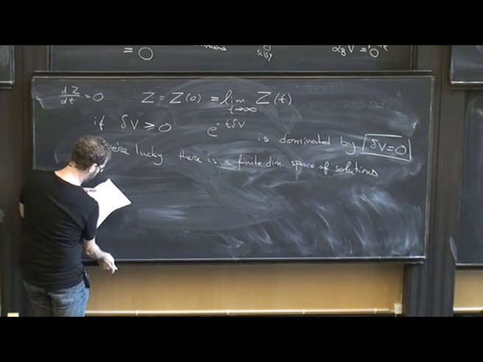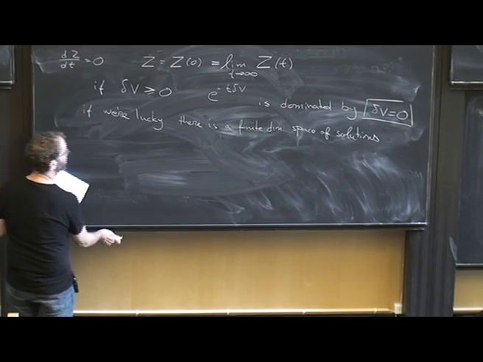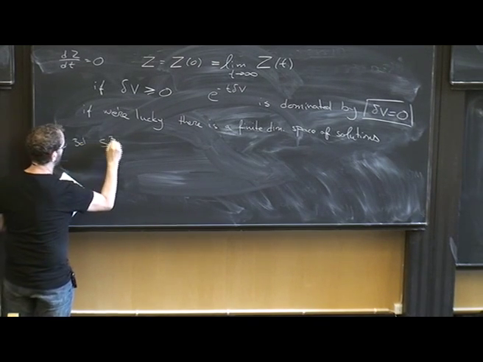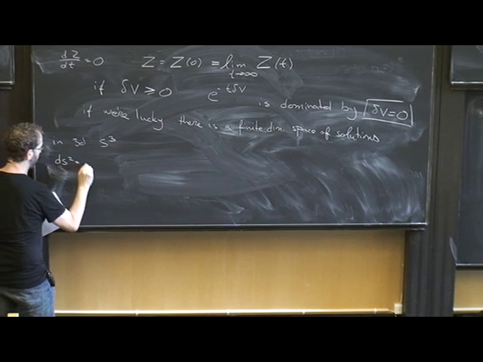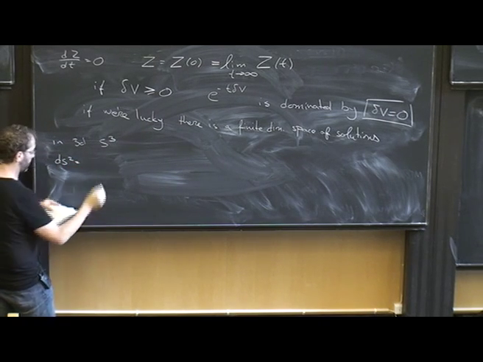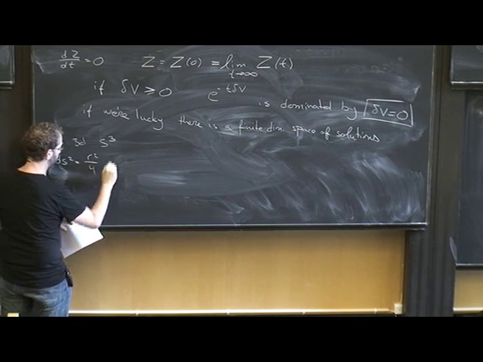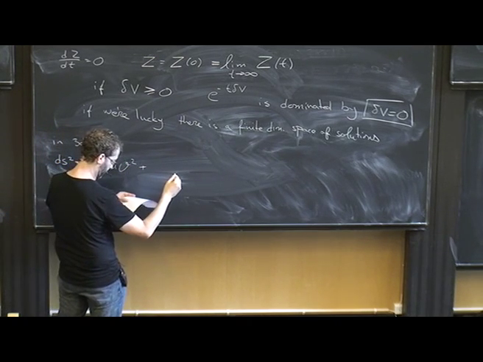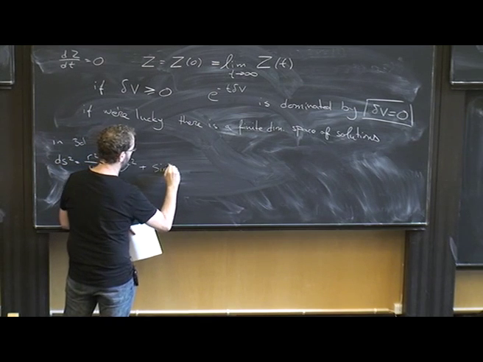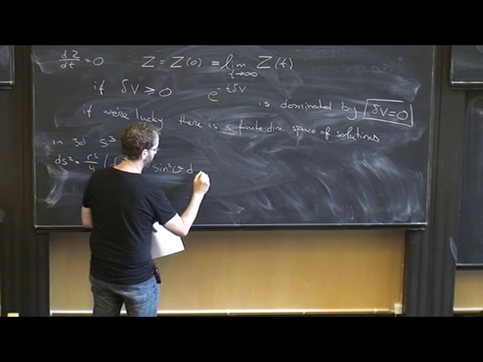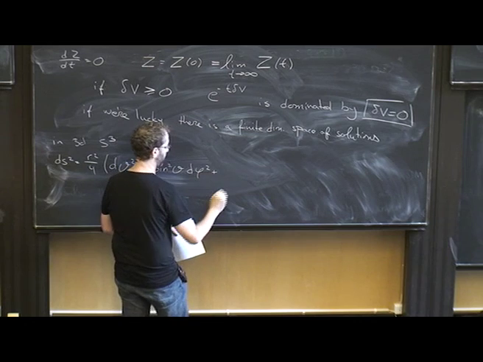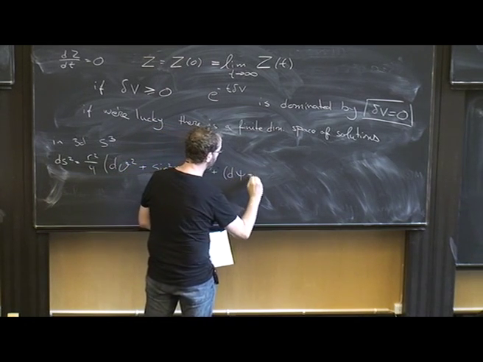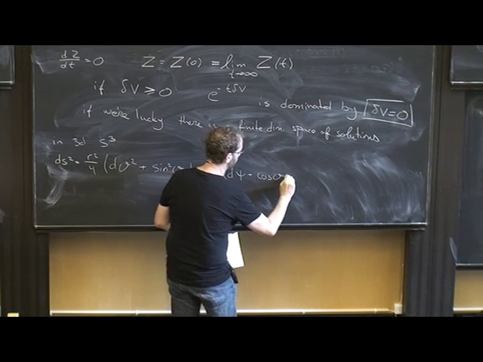So let me be explicit in 3D. I will take the metric to be r squared over 4 times dθ squared plus sin squared θ dφ squared plus cosine θ